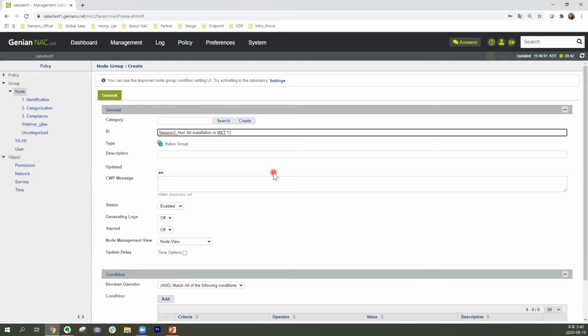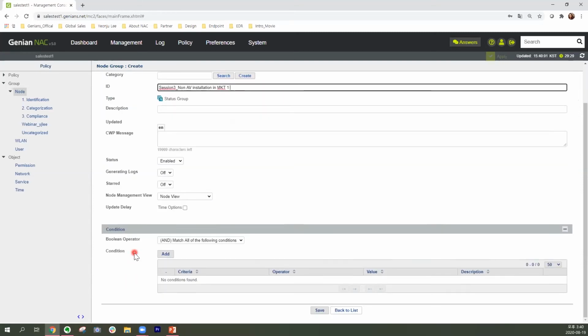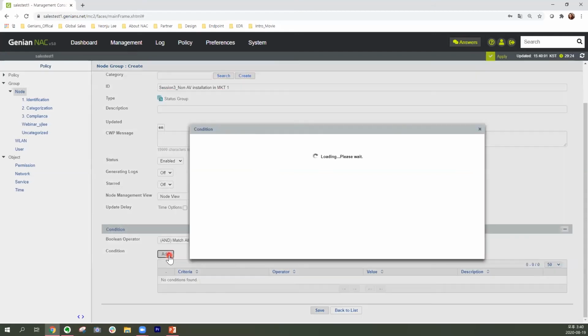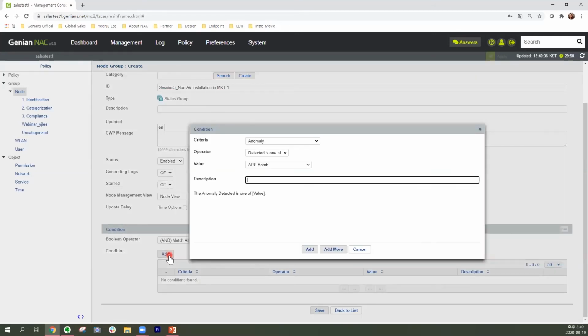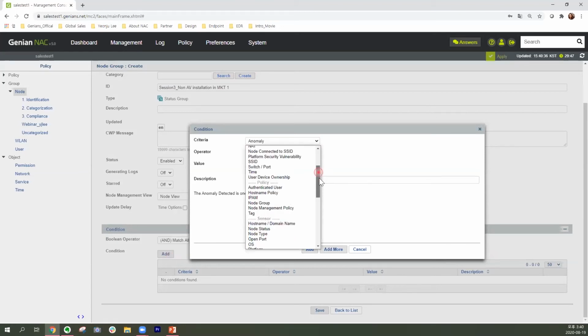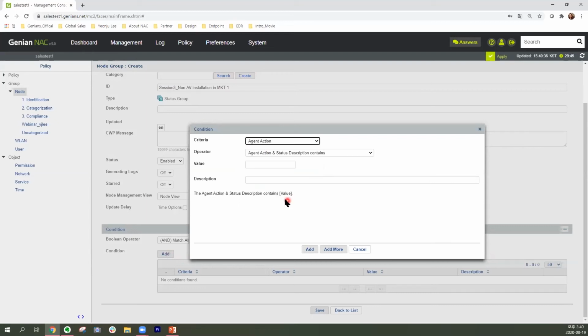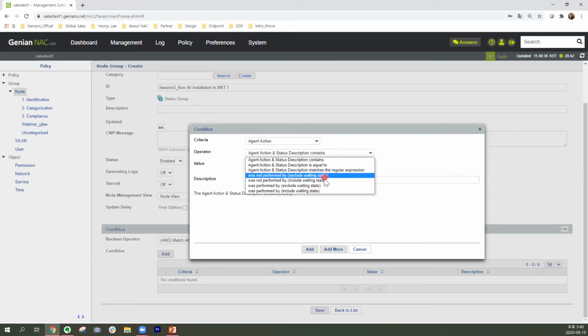I want to find the devices which have not installed antivirus. So please double-check that you are creating the status group now, and that the status is enabled. Let's start making the condition that defines this group. Please click the end button. The purpose of this group is to search for devices which have no antivirus, right? We have already made the agent action for detection, so click the agent action, and select not performed yet,